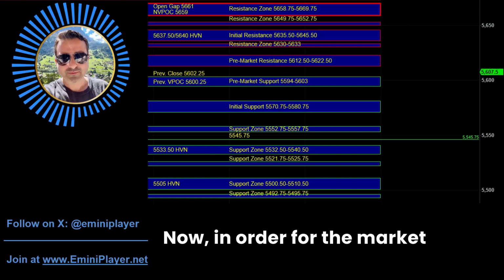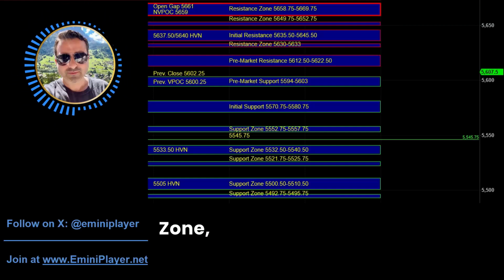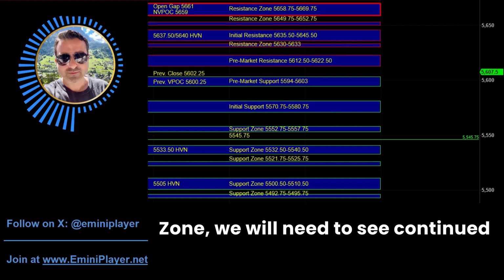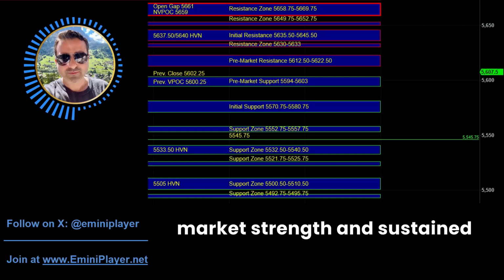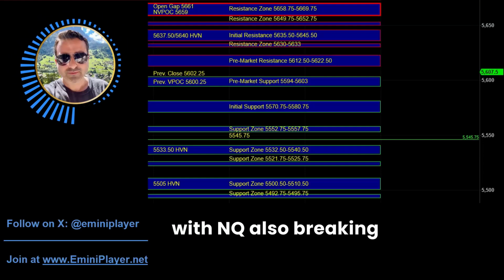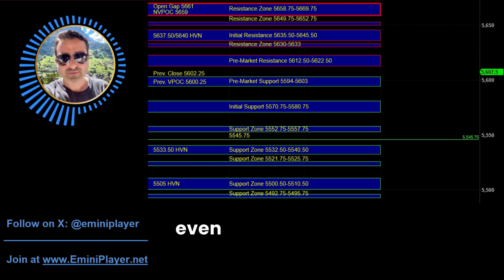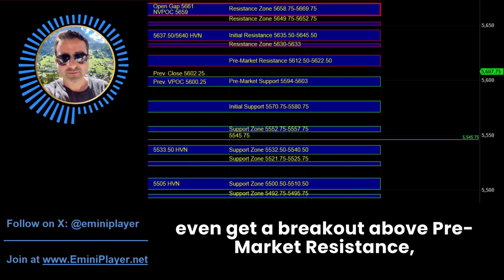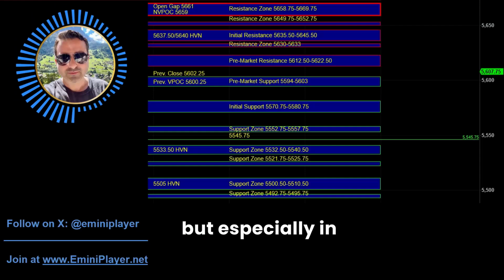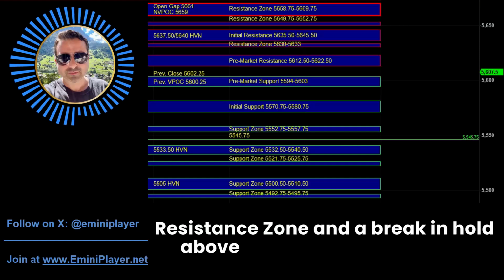Now, in order for the market to put in a breakout, even above the pre-market resistance zone, we will need to see continued broad market strength and sustained upside momentum, with NQ also breaking higher. So we'll need to see signs of initiative buying in order to even get a breakout above pre-market resistance, but especially in order to get a breakout above the initial resistance zone,